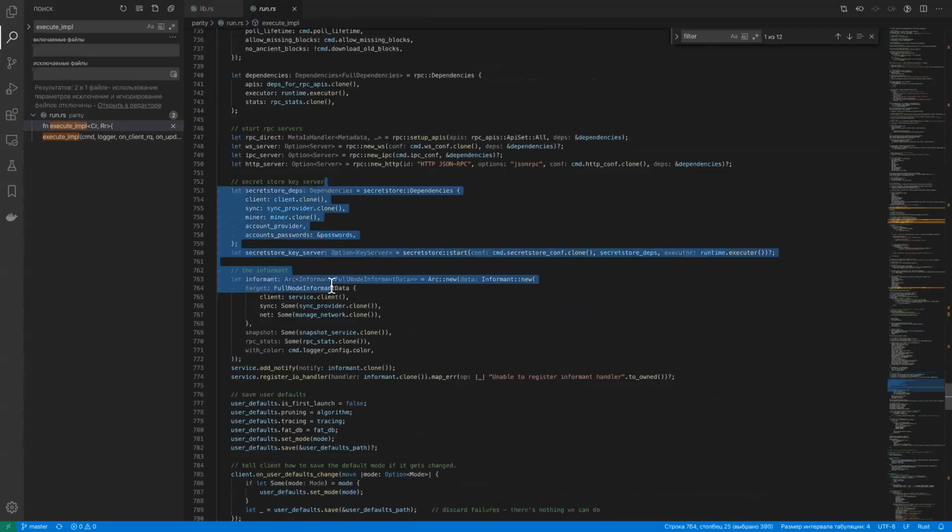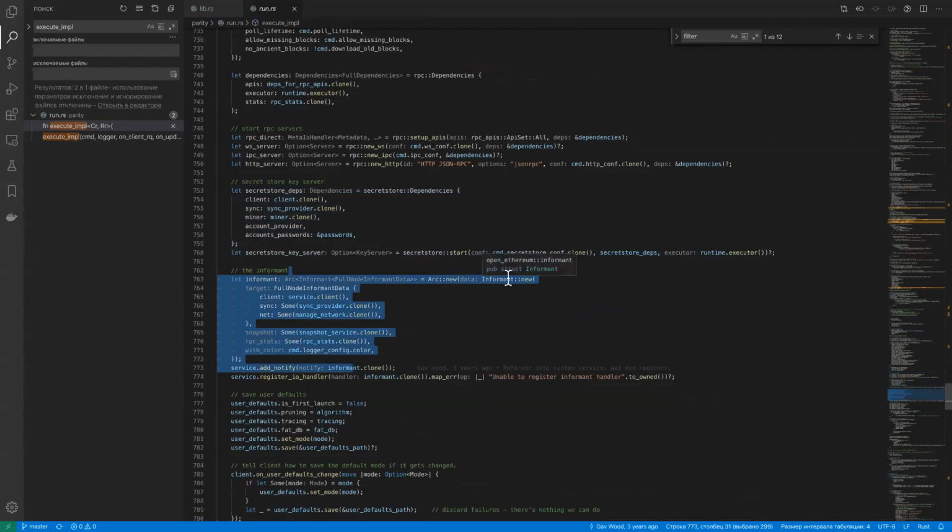Then we have the secret store dependencies, the informant. Informant is the service that prints data out into the terminal. So when you launch OpenEthereum in the terminal, it will be the informant service that will print all the necessary information based on